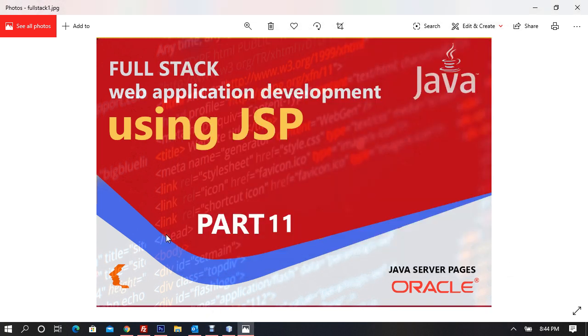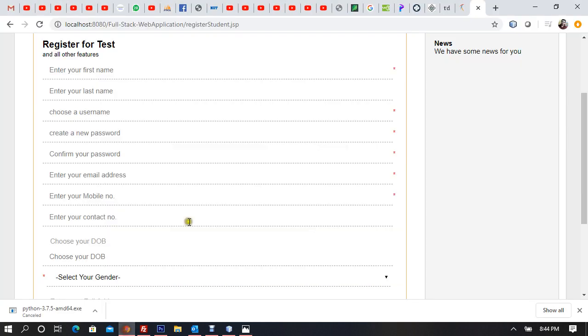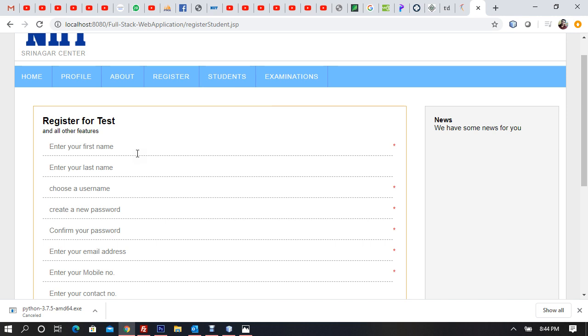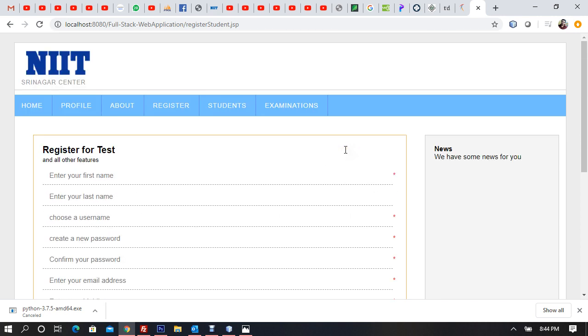So far we have done many different things in this full stack web application development. We have created a box layout, we have created a flexible box layout, we have reused everything. We have reused the header, we have reused the footer, we have used this sidebar, and we have even reused code. We created a config file, many different things. And yesterday